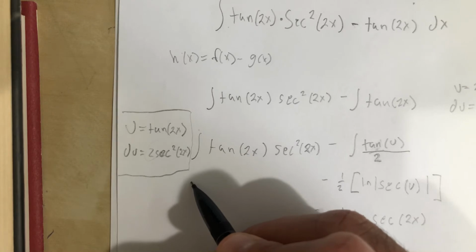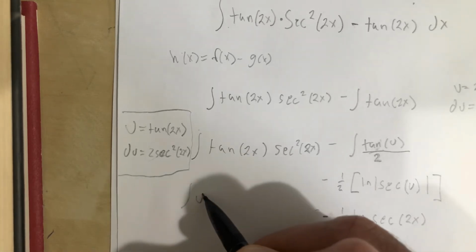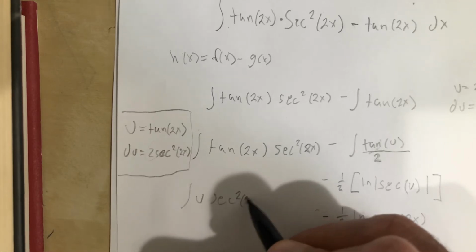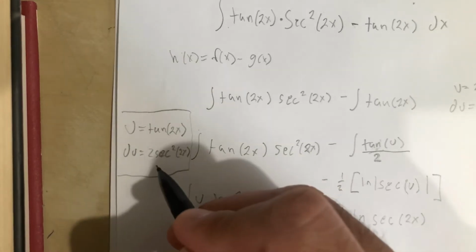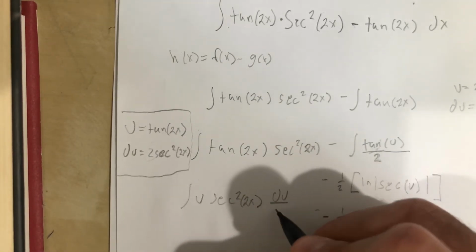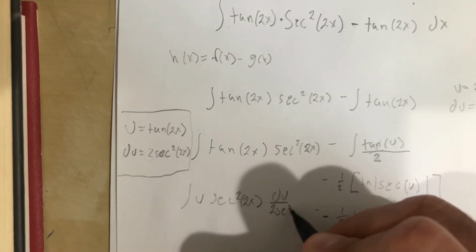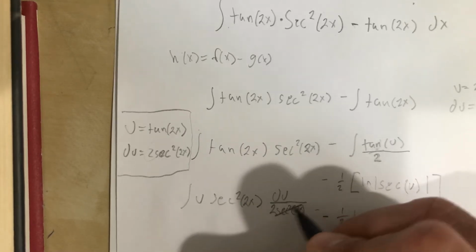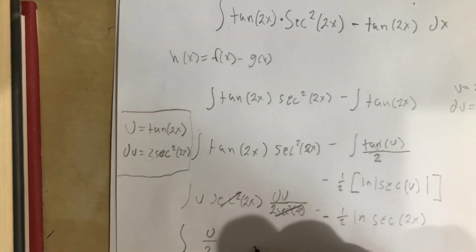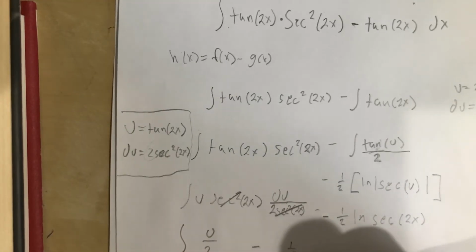Now we'll have u secant 2x, and then this is going to be du under 2 secant 2x. So these two are going to cancel, and now you have the integral of u minus 1/2 ln